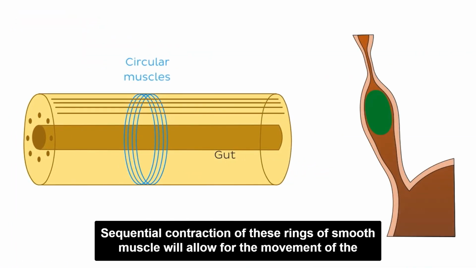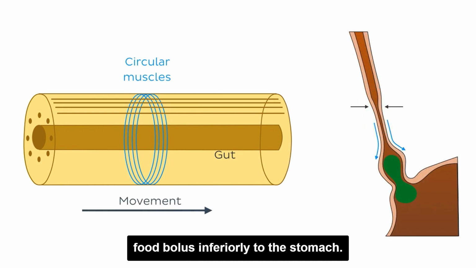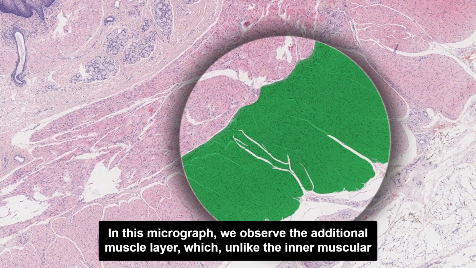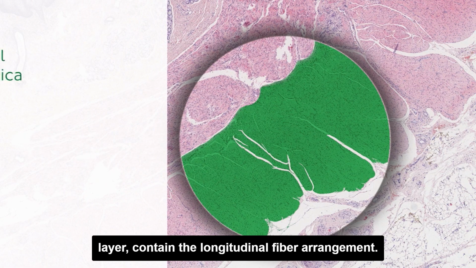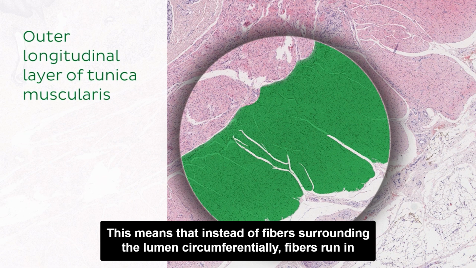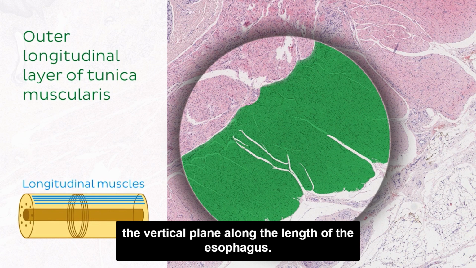Sequential contraction of these rings of smooth muscle will allow for the movement of the food bolus inferiorly to the stomach. In this micrograph, we observe the additional muscle layer, which, unlike the inner muscular layer, contains a longitudinal fibre arrangement. This is the outer longitudinal layer of the tunica muscularis. This means that instead of fibres surrounding the lumen circumferentially, fibres run in the vertical plane along the length of